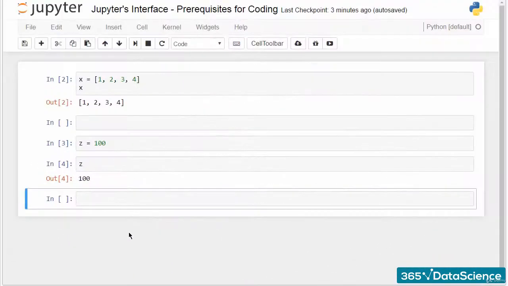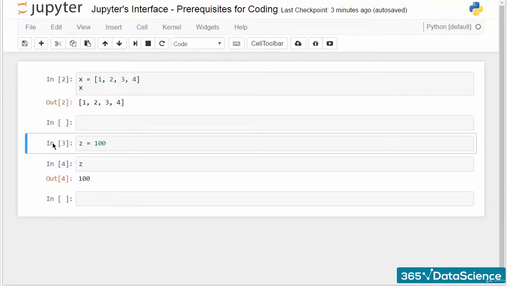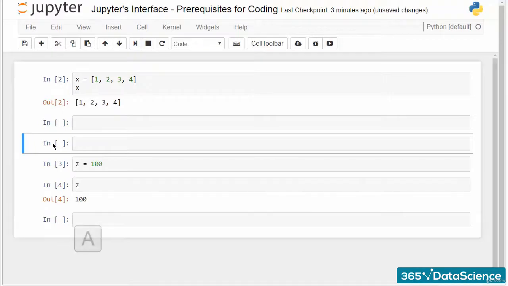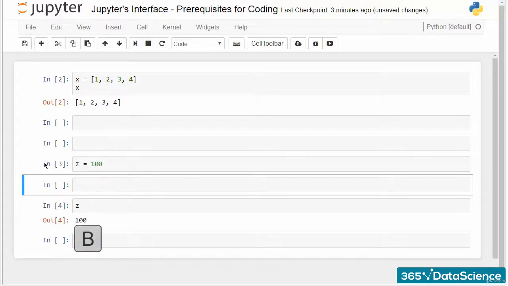3 other shortcuts could accelerate your coding a lot. Suppose I have selected this cell. After I press the A key, a new empty cell will be inserted above. If I select the same cell and press B, another cell will be created just below. Imagine the last step